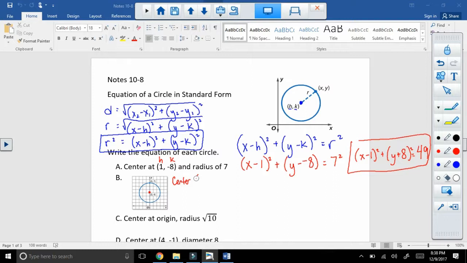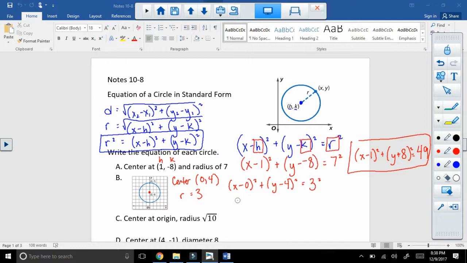And if you want to write that out, you can. And the radius is 1, 2, 3. The radius is 3. So I'm going to write that as X minus 0 squared plus Y minus 4 squared equals 3 squared. Just plugging those numbers in to this spot,